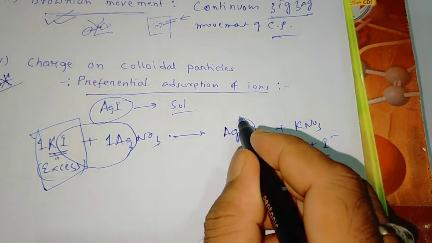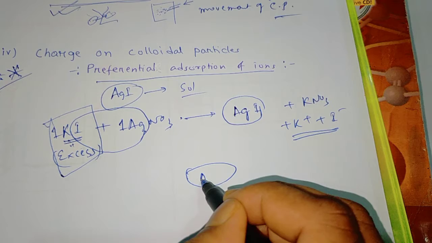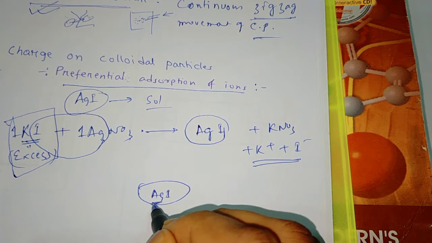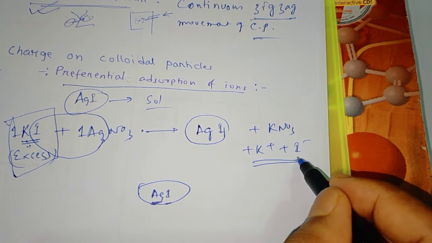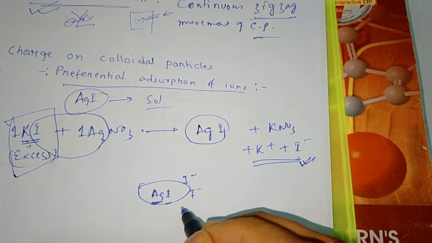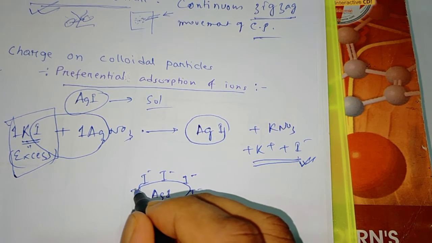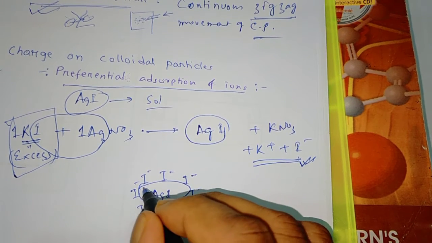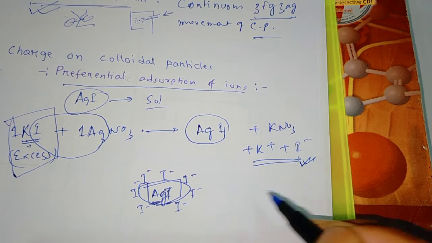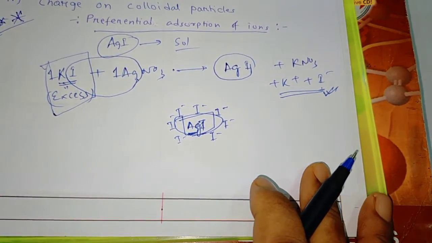Now whatever silver iodide salt is prepared, on that silver iodide salt, out of the silver ion and iodine ion, the iodine ion present in the solution will adsorb on its surface. So one question arises, why iodine ion? The crystal of silver iodide is made in such a way that its voids are suitable for the like ion, either silver or iodine.